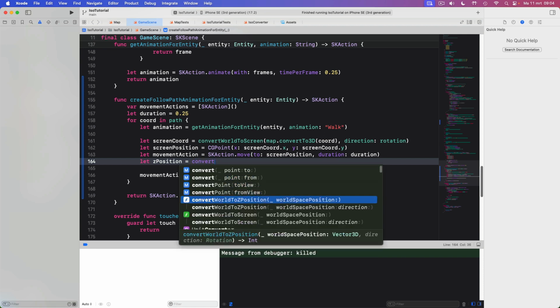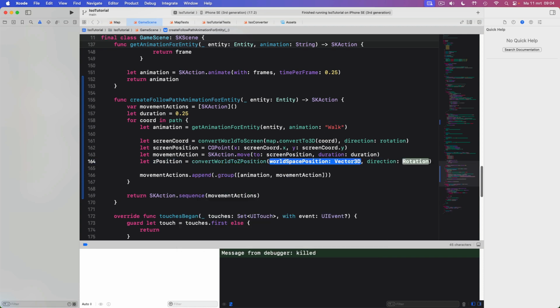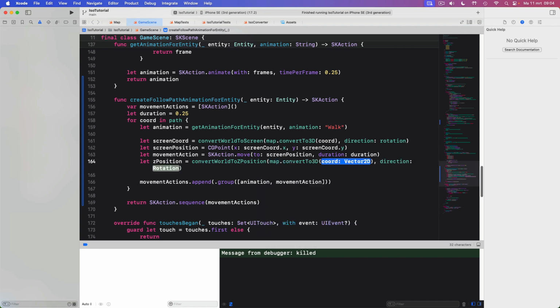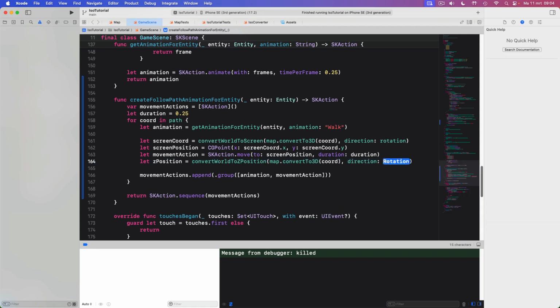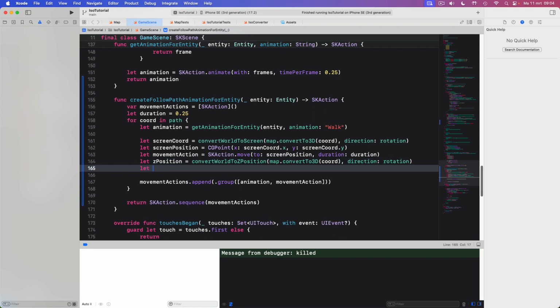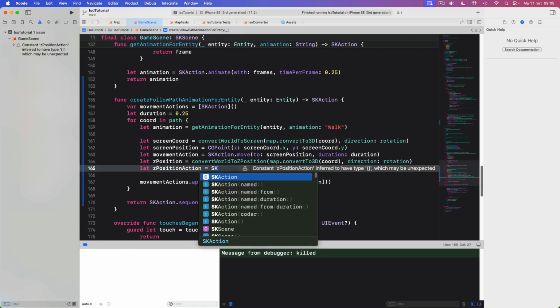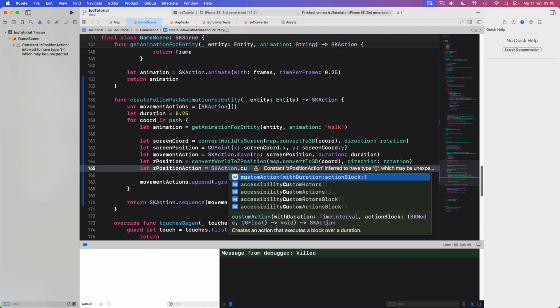And we can use our roll to zPoint position function for that. We use our map convert to 3D for our coordinates. We have the rotation direction, and now we have a new zPosition. And now we need an action that sets this zPosition correctly. We can use a custom action to do that